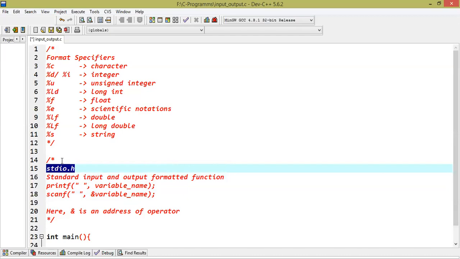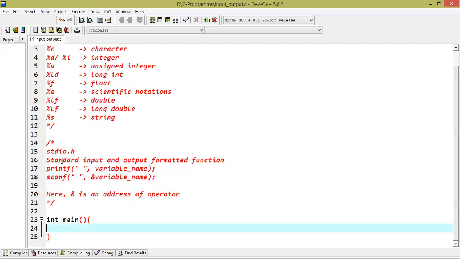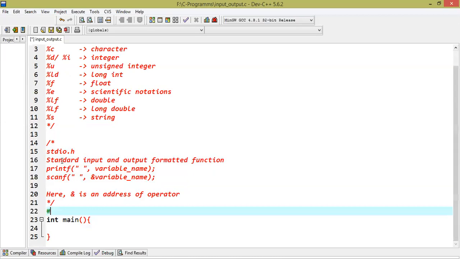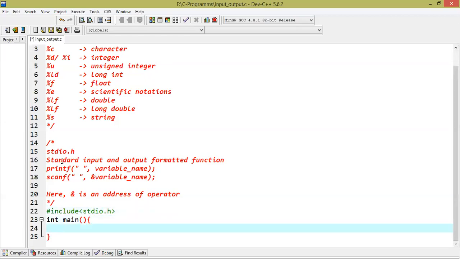Let's start the implementation, how to take input and how to display those values into the console. So let's first add the header file here. Okay, now let's declare a few variables.